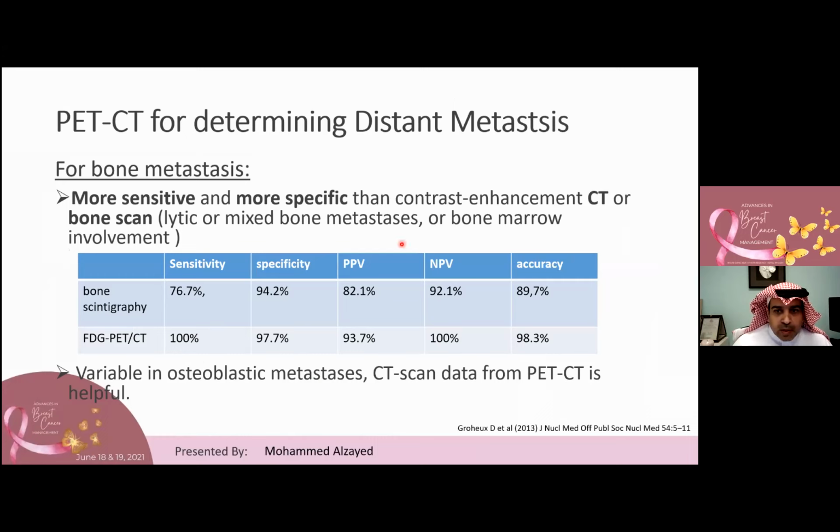Okay, so then what about distant metastasis evaluation of bones on PET scan? Let's start with bone metastasis. The sensitivity of PET is much superior to conventional imaging, including bone scan and CT scans. And this is true for lytic as well as for mixed bone metastases, and also for bone marrow involvement. The sensitivity, specificity, and positive and negative predictive values, as well as accuracy, are excellent for PET and